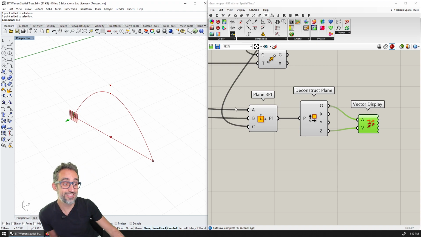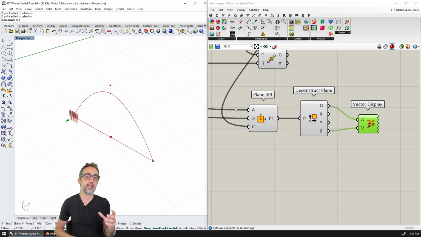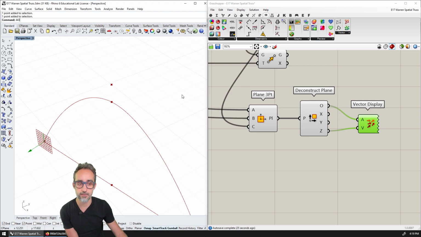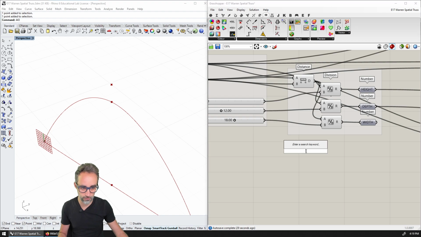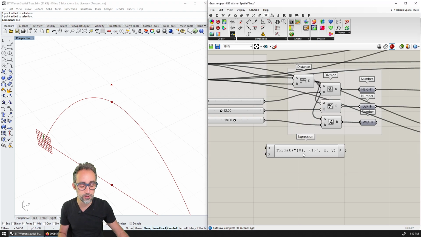If I now take that vector and set its length to be half the width, then I can multiply that by 1 or by minus 1, and that can be the vector that I use to move this point in this direction and this direction. So let's do that. On one end, I'm going to calculate with an expression.